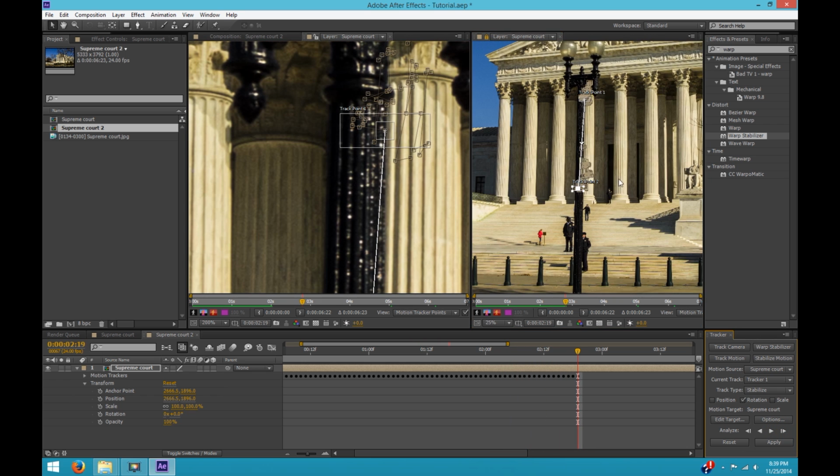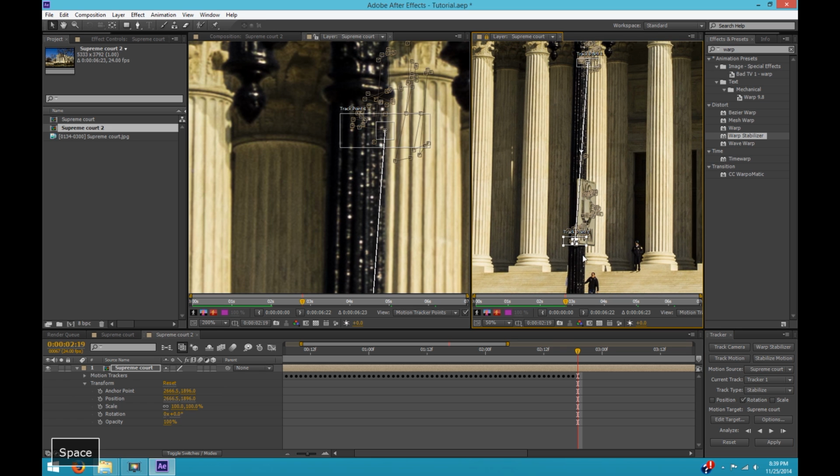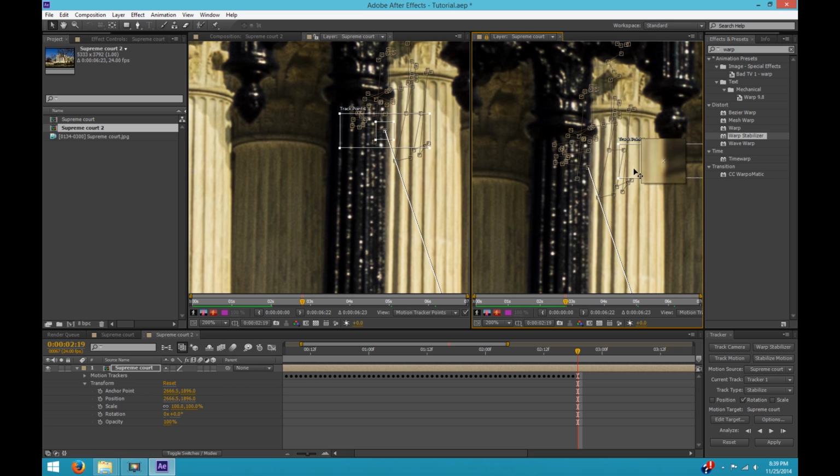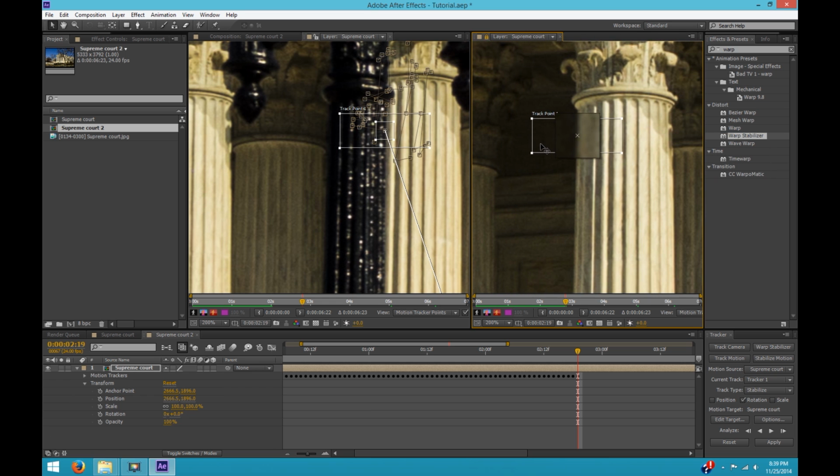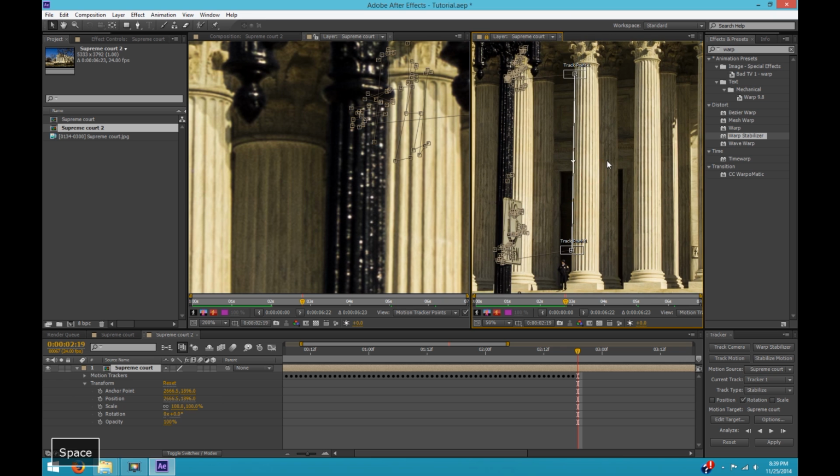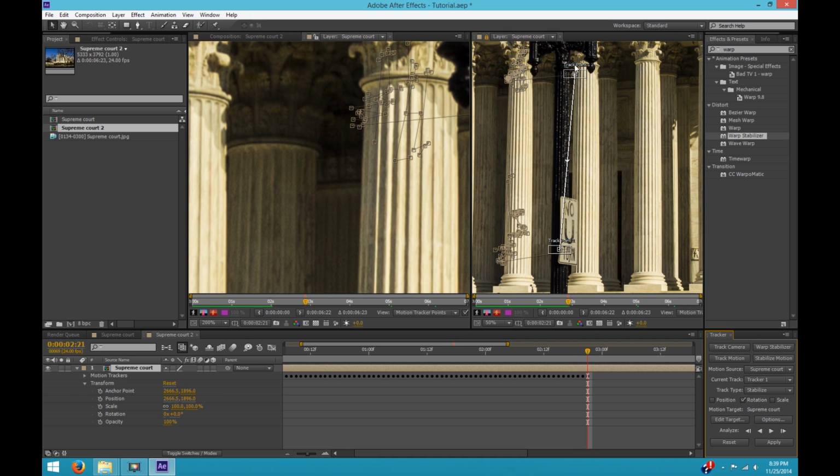Okay, so here's a case where the entire side of this pillar has been obstructed. So what I'm going to do is, since I'm doing rotation stabilization only, I can simply pick another pillar. And because of the thing I mentioned earlier about the lens producing warping, especially toward the edges, I'm going to try to stay toward the middle and pick another pillar that's nearby. And now that this lamppost in the foreground is obstructing this pillar, I'll just move back to my original pillar.